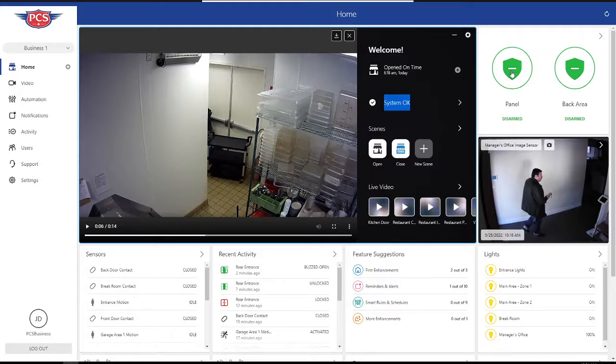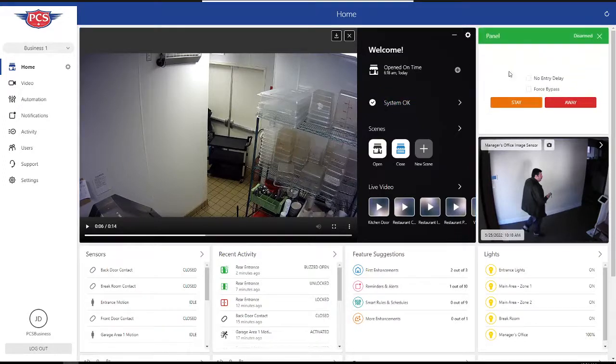You can interact with the partitions by left-clicking on them. From here you can choose to arm it stay or arm away. You can also force bypass. The force bypass is useful if for some reason you have a faulty device on site that is showing an open door and it won't allow you to arm. What you can do is force bypass. This will bypass that door and arm the system and ignore any events from that door until that zone is